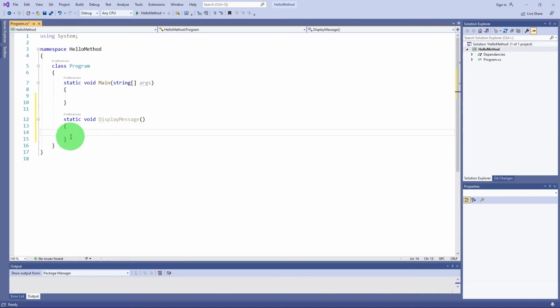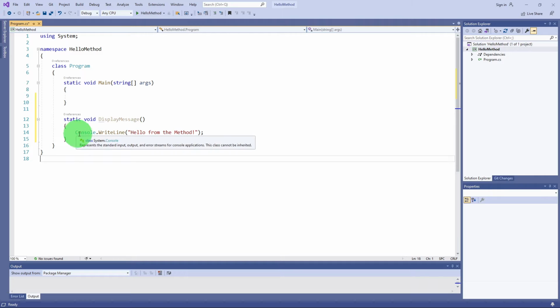As soon as you start the curly bracket, it will automatically insert the matching ending bracket. In here, we just write a Console.WriteLine statement which says hello from the method. If you remember, we used to write this statement in our main method, but this time we have created our own method, display message, without any parameters,